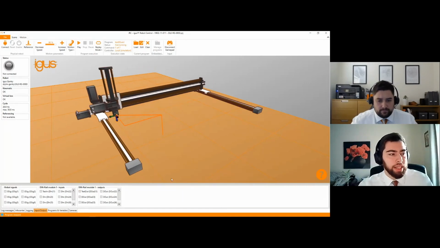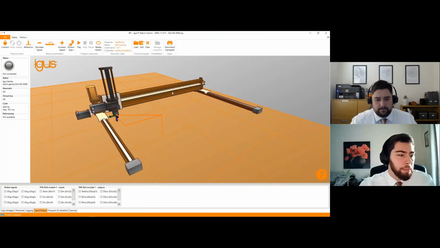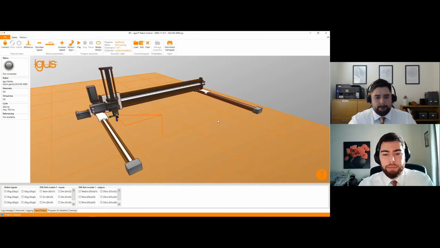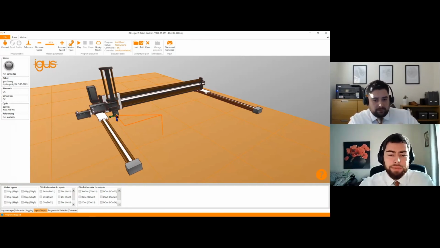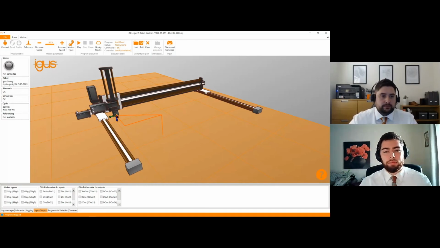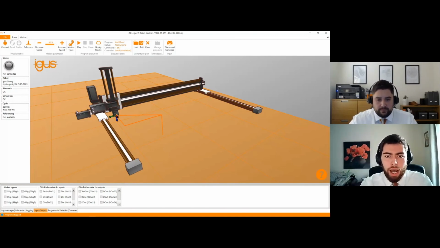So everything is done, and this is mainly the basic programming of what the Igus robot control can do. Again, the main benefits of the Igus robot control are the ease of use, and as no programming experience is required to program the robot, as you've seen, it's very easy. It's the quick return on investment, having very low-cost modular hardware as well as free-of-charge software.